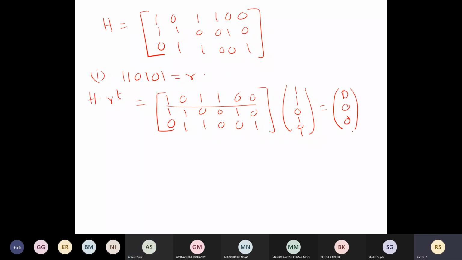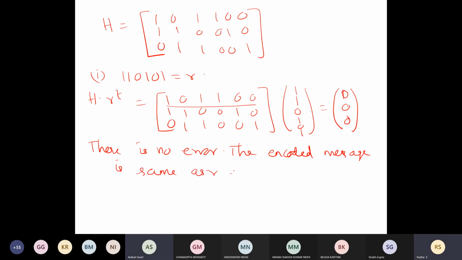So what I told you, if this happens to be a 0 column, then what will you conclude? No error. So there is no error. The encoded message is the same as R, and the original message is, what is the original message?